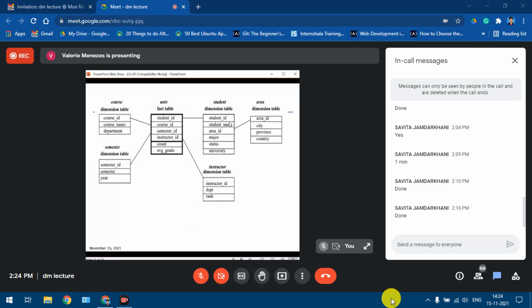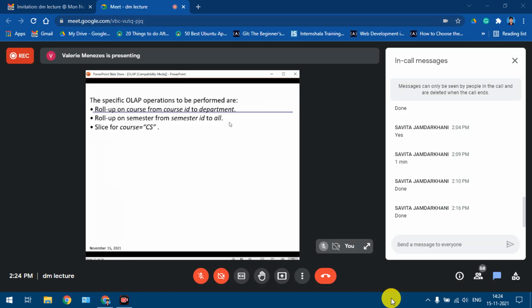So assuming now here they have taken department wise, you can take department wise also or course name. Both would be correct, depending on how you interpret it. Once you've done that, you roll up from semester ID to all. That means you aggregate all semester wise based on the courses which are there, and then you slice for course CS. So that will give you the average grade earned for CS courses per student.